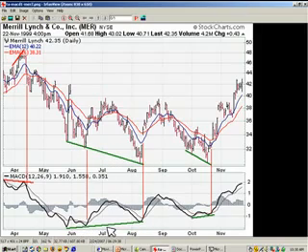MACD is warning us that the momentum of this down move was weakening, and therefore a change was imminent. One more time, another example of a divergence: lower lows in price, higher lows in MACD,